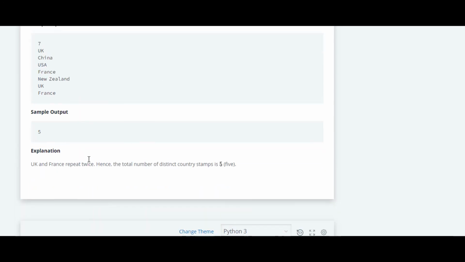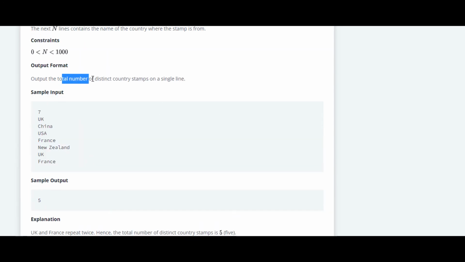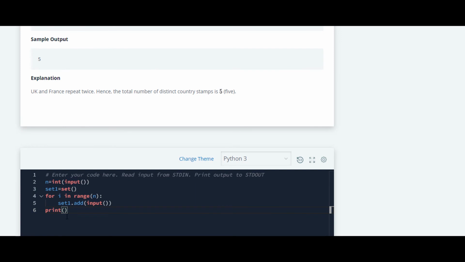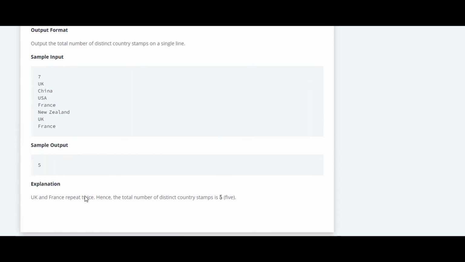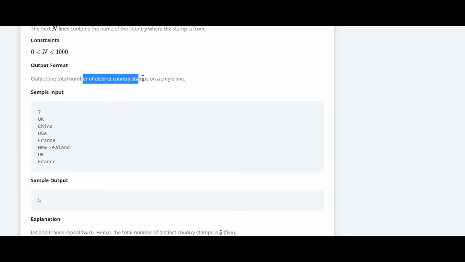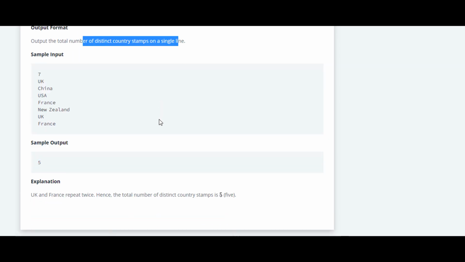And we just have to print the total number of distinct country stamps on a single line. So we have to print the distinct countries' number. So we'll print the length of set1. It will return us the output 5, that is the number of distinct country stamps in set1.